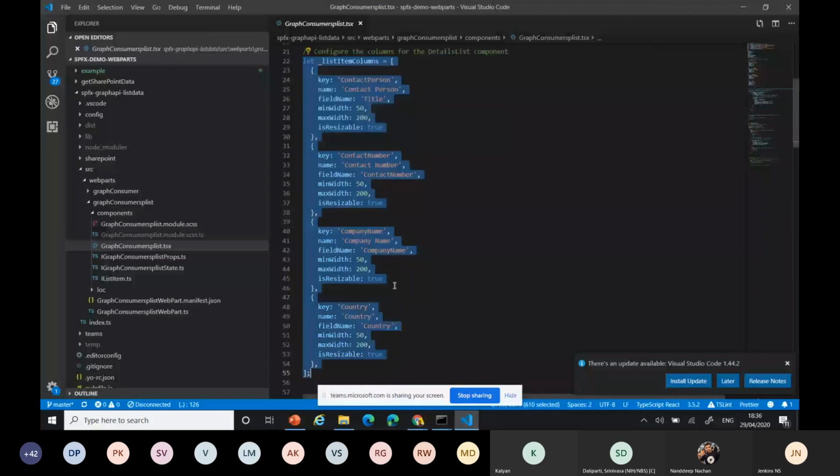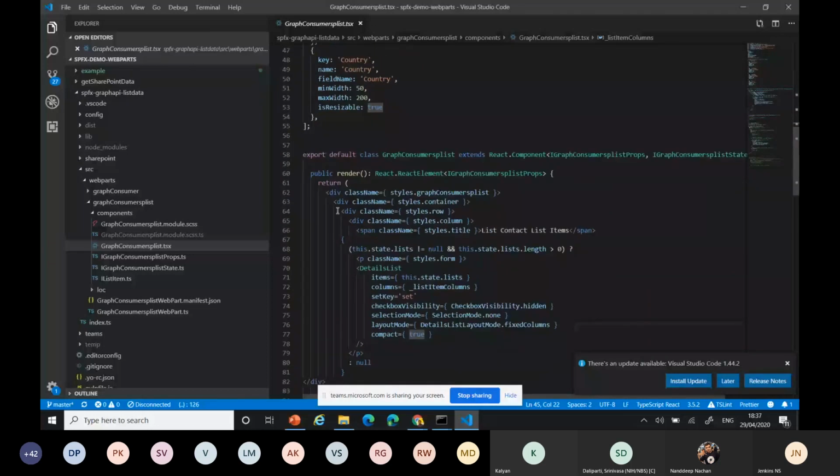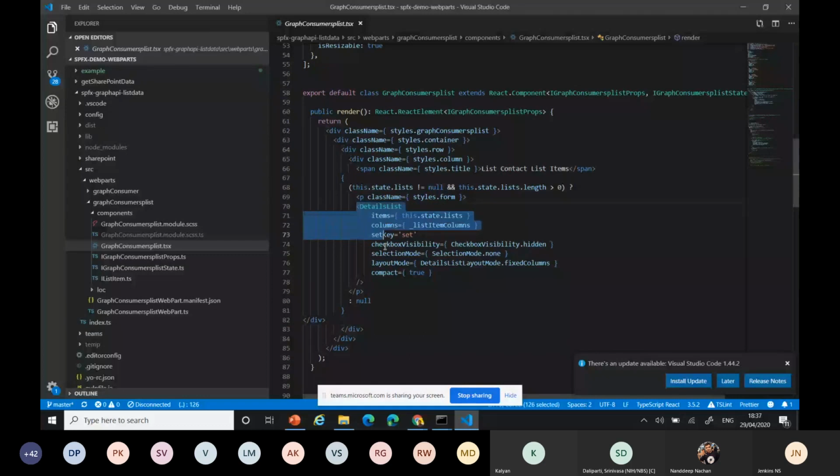With a particular size and field name, which one I want to bind to the particular control. Okay, the control I created, then come down here. You can see the rendering part. I added that control with that option, and we can add the particular list item column value back to the control to bind. We have the values from the current React state for the list, the array of values from all the columns, binding to the particular DetailsList.